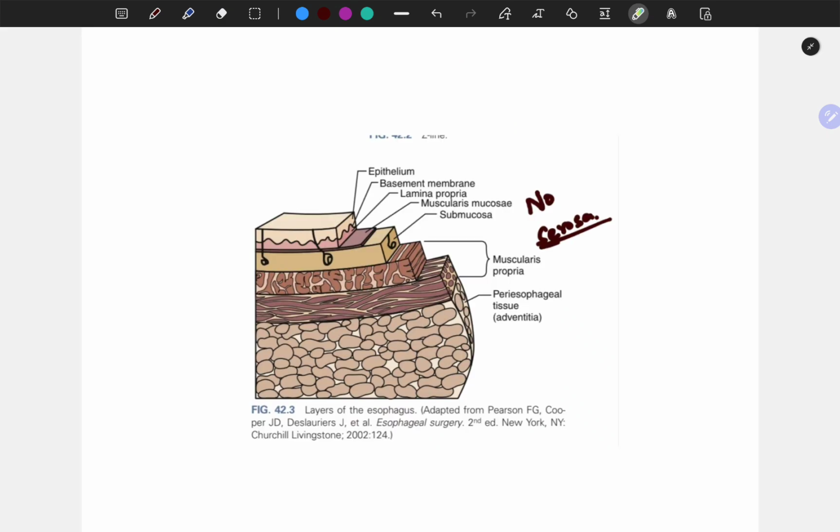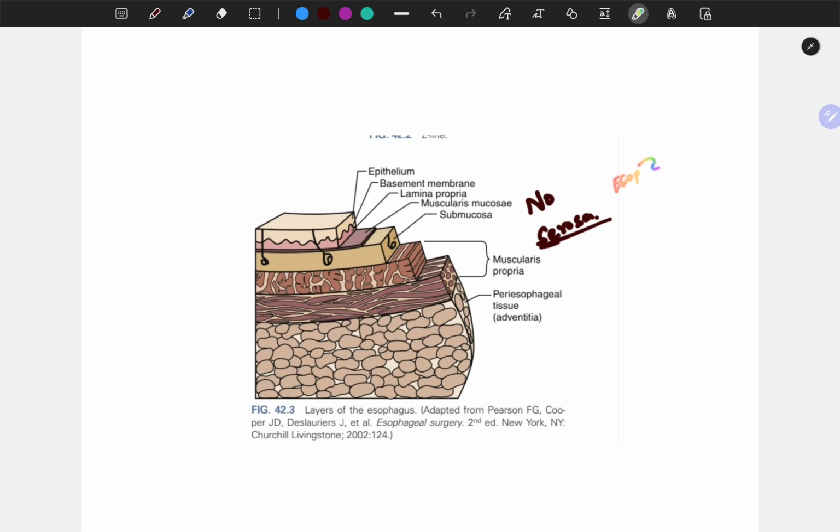With respect to the layers of the esophagus, it does not have a serosa. It has mucosa, submucosa, muscularis propria, and periesophageal tissue, the adventitia. The mucosa is divided into epithelium, basement membrane, lamina propria, and muscularis mucosa. A very important point here is